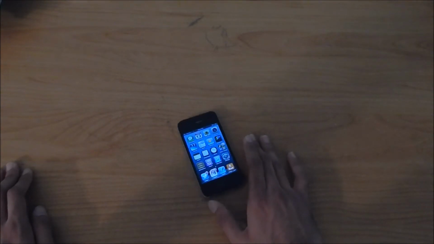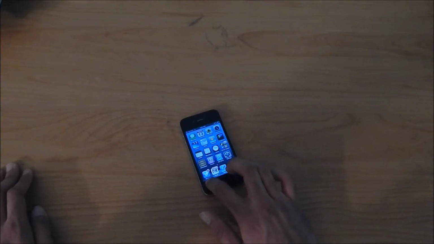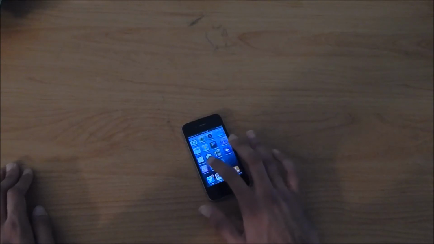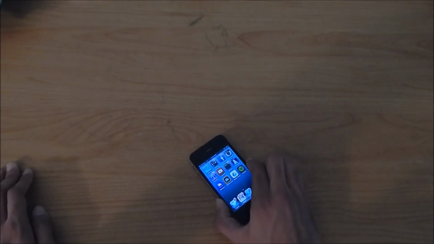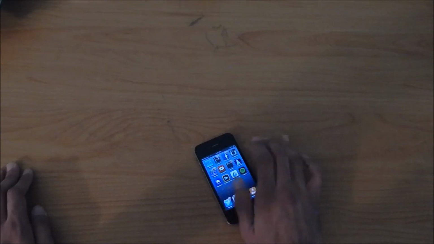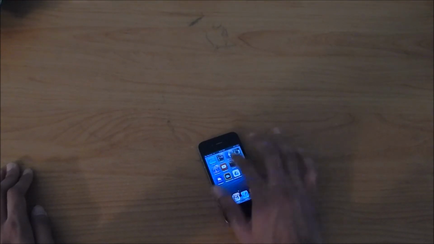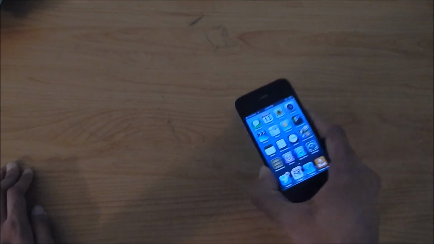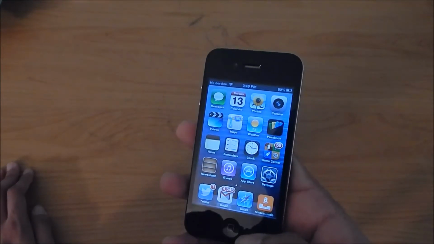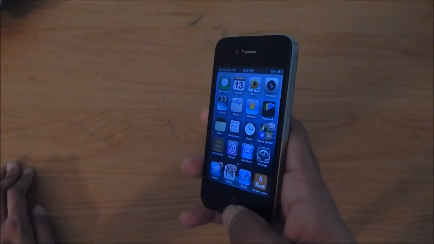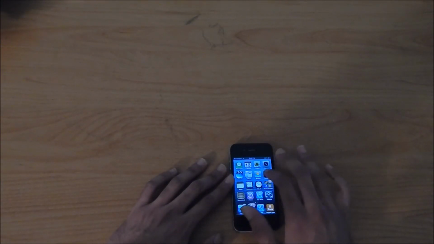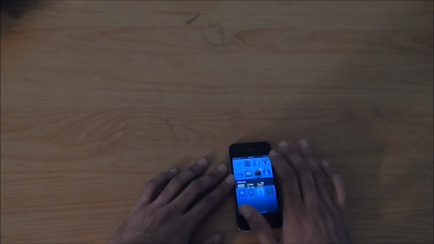So if I were to rate this and say, could you get by with this phone, with these apps in 2017? I'd pretty much say yeah, because you get all the social media apps, you get the email, you get streaming music services. So that's pretty much like the basic stuff that you need. And then the screen, a Retina display, so it's actually pretty legible and everything like that. So yeah, I'd say iOS 6 has aged rather well, and you can still use a lot of apps, and you